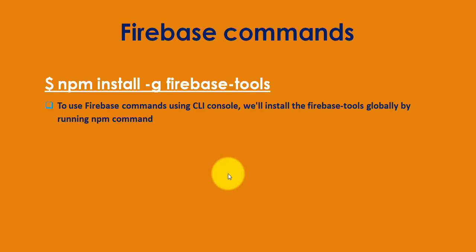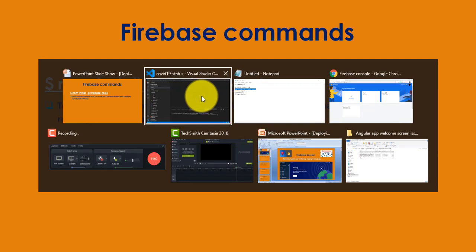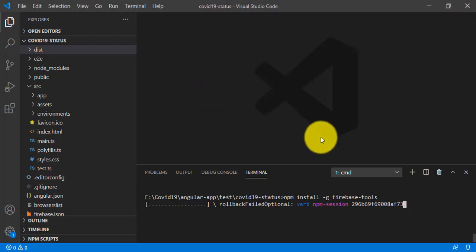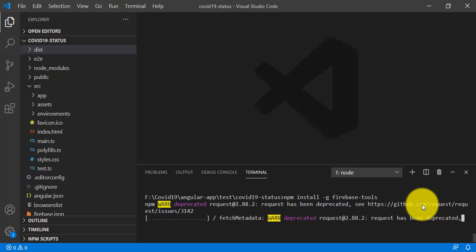So let's see the status of this building execution process. Go to here. So it has already started. It is just completing its process step by step. That is all about it.